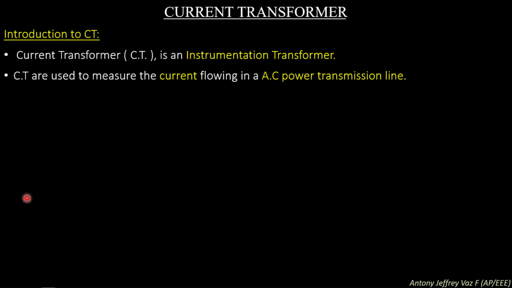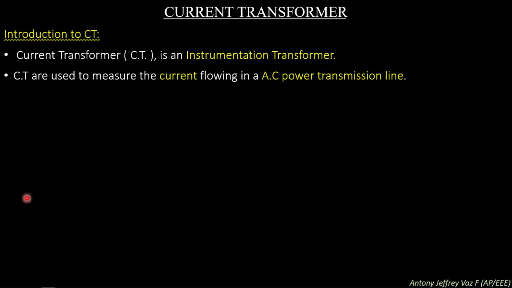So to avoid these things, we are going to increase the voltage rating. When we increase the voltage rating, then the currents will be decreased. If the currents are decreased to a lower value, then the I square R loss will also get decreased. Let us assume a transmission line is carrying a current of 100 amperes. So this 100 amperes current is flowing through a transmission line.